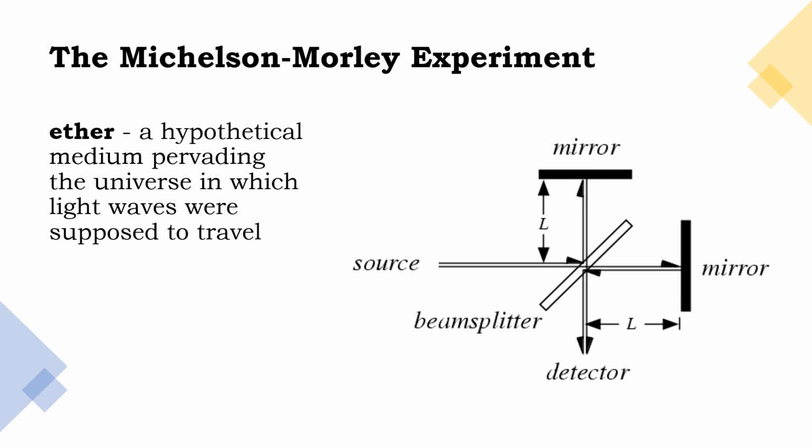Therefore, there is no ether at all, and so there is no such thing as absolute motion relative to the ether. The result also shows that the speed of light is the same for all observers, which is not true of waves such as sound waves and water waves that need a material medium in which to occur.